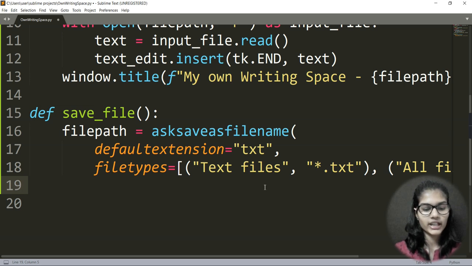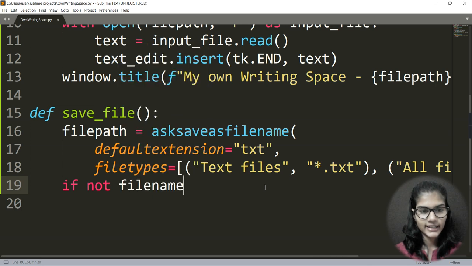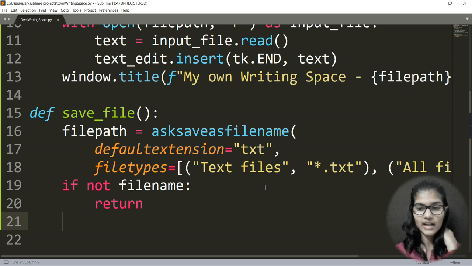Now I would put some more conditions here, some if condition as we have put on that side. So here I would write if not filename, then simply return. Do nothing, just simply return. And now here also I'm going to use a with block for opening my file, for writing, because now I need to write into my file. Previously we opened the file because we had a file in which we wanted to do some editing. Now I want to make a new file, then write something there and then save it.